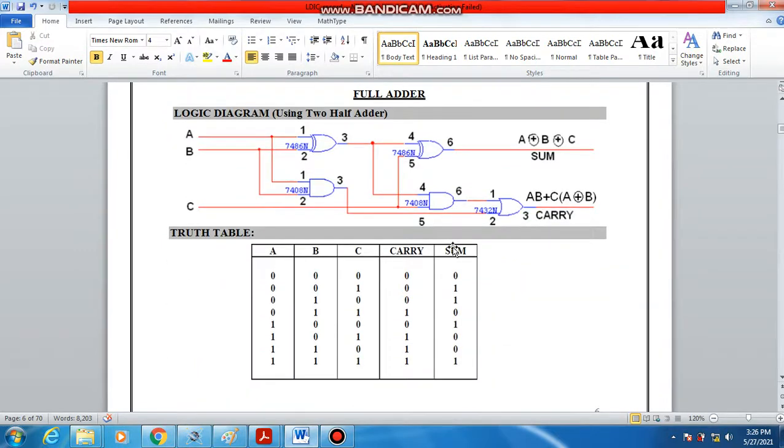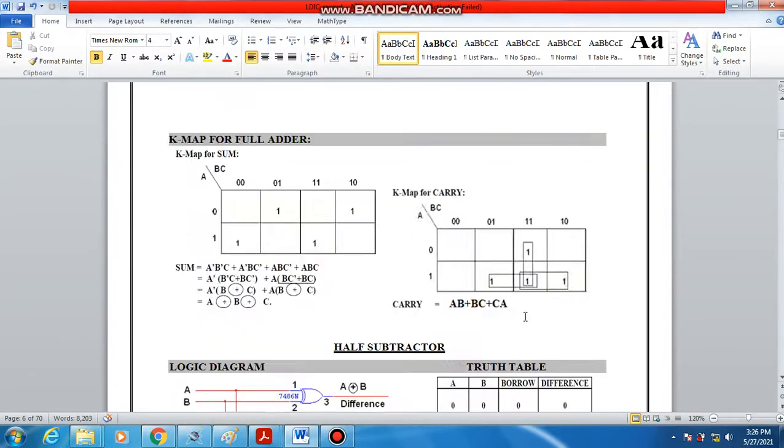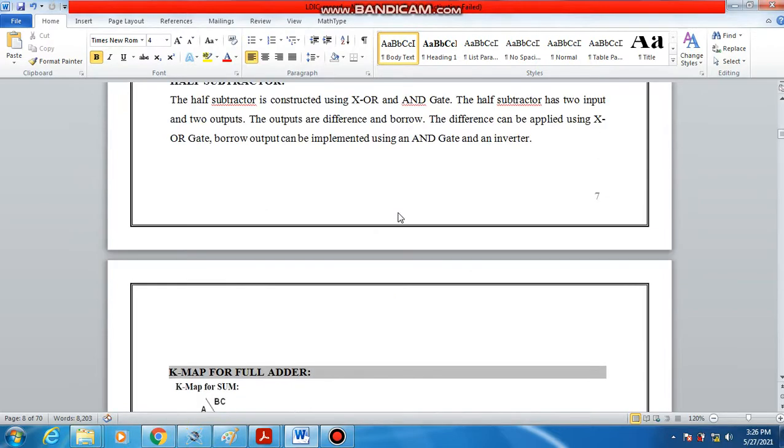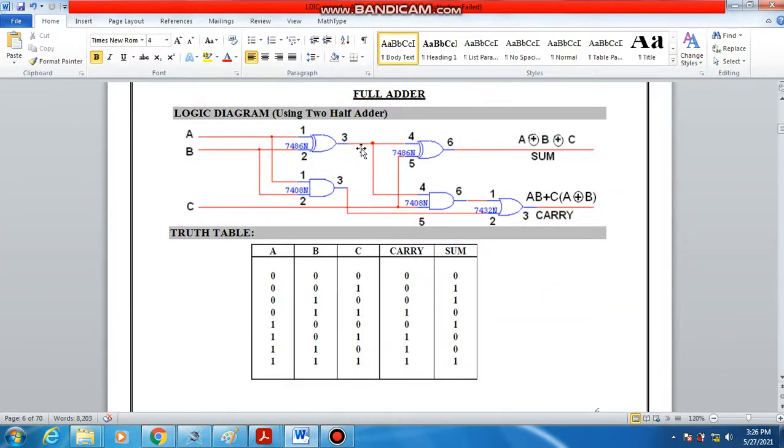Similarly, the truth table for the full adder is taken over. It is written. After writing the truth table for the full adder, what we are going to do is build up the circuit. I mean, we are going to fill the K map. After filling the K map, the expression is got and the circuit is built. So this becomes my circuit. This is the circuit of the full adder. This full adder circuit is implemented. Again, I'm going to implement this so you can see the truth table, everything you can understand.